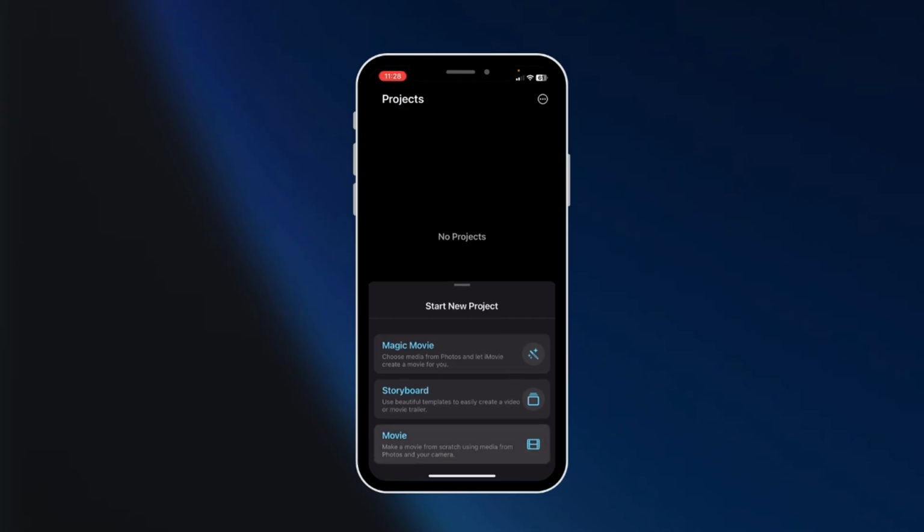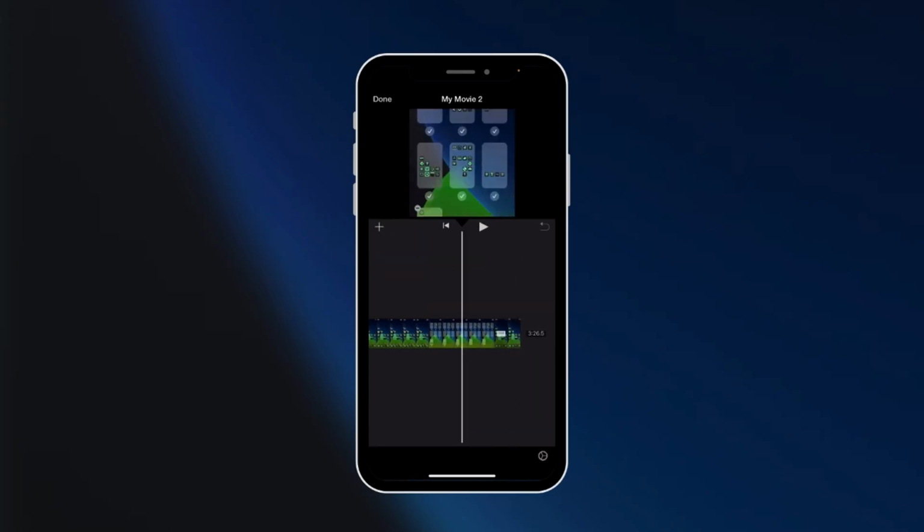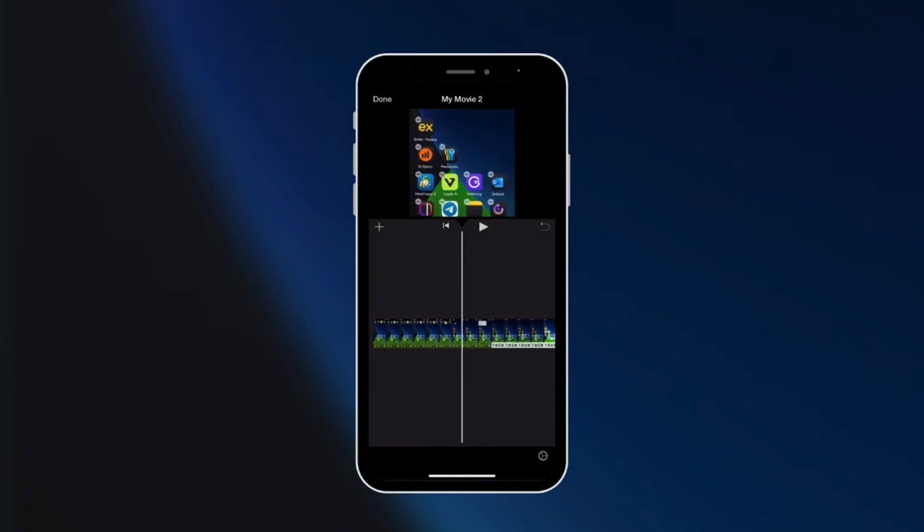We're going to select movie, select the media, tap on create movie at the bottom, and then here we have our movie. However, we're not seeing much. This is because we've not selected the video. So though the video is in the timeline, we need to tap on the video, and at the bottom you